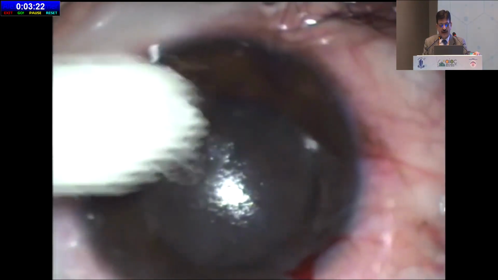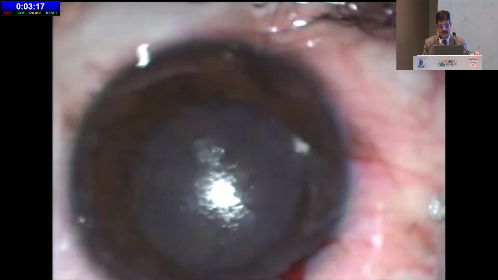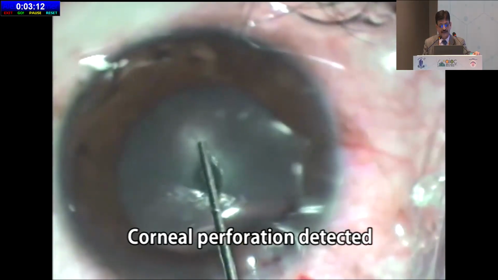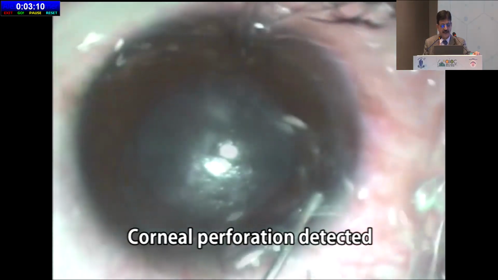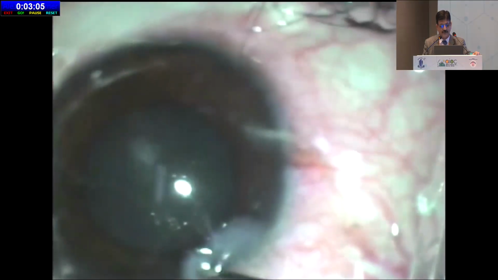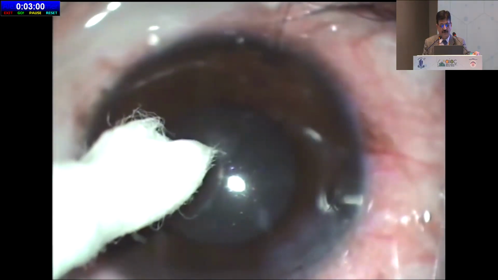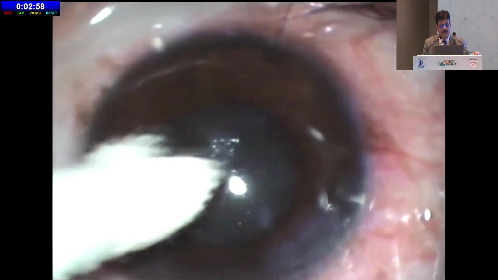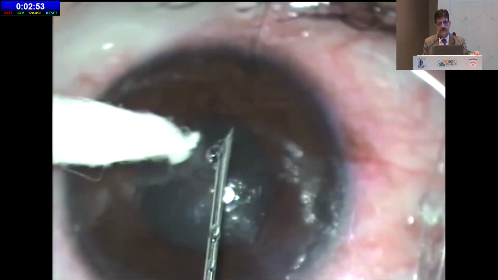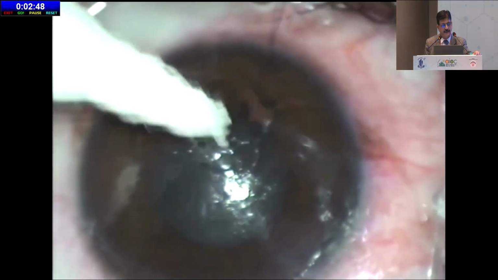After removing these full thickness foreign bodies, it is always better to check for intraocular penetration, and in this patient, once we checked, there was intraocular penetration, perforation. So we applied cyanoacrylate tissue adhesive in this patient, and it virtually healed without any problem. So it is always important in case of wooden foreign bodies that we remove them at the earliest and in toto, and also give these patients antibacterial and antifungal drops